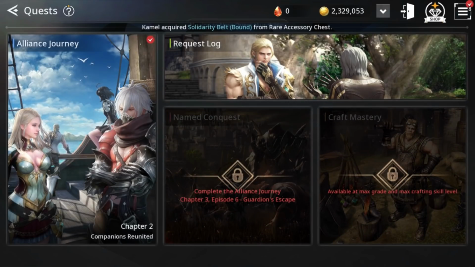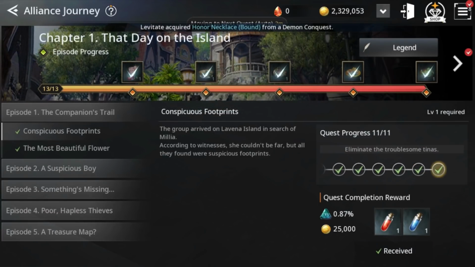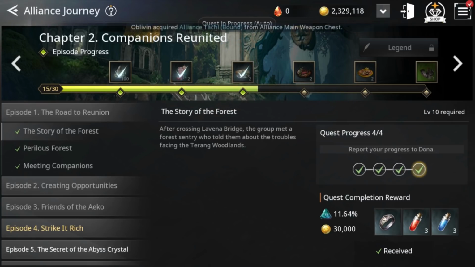Alright, so quest, since we have to be right here, this will allow you to actually see your quest progression in the area. Now, I finished chapter 1 already and got all that free stuff, and as you go along the lines, you get this individual free stuff, which is usually food and items. As you can see right there, they'll tell you. And as you move along,